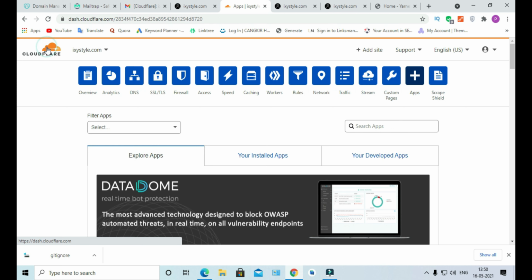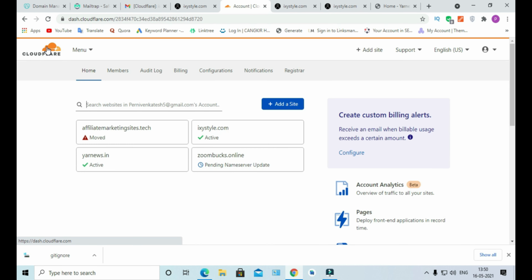Okay, this is where you need to create an account. Create a free account with Gmail at cloudflare.com, and you can add a site and update your name server to your existing site, and that way you can add your website to your Cloudflare account. It takes 24 hours for updating.